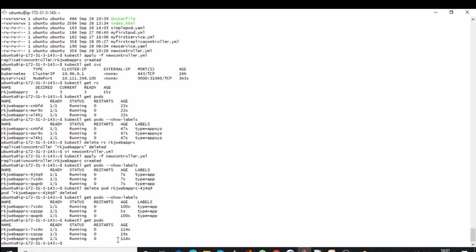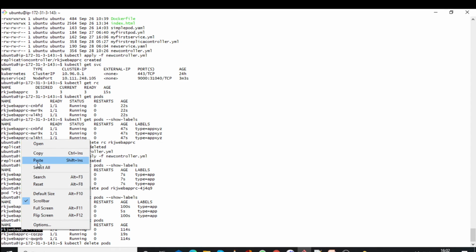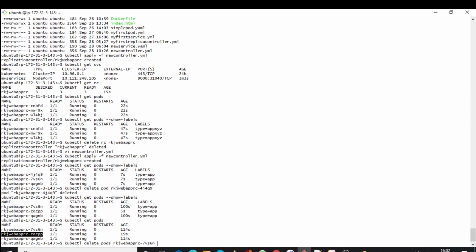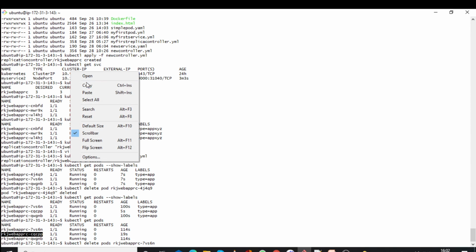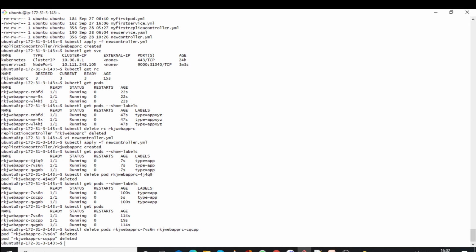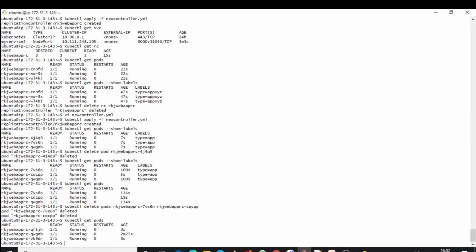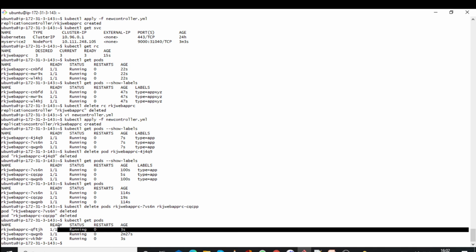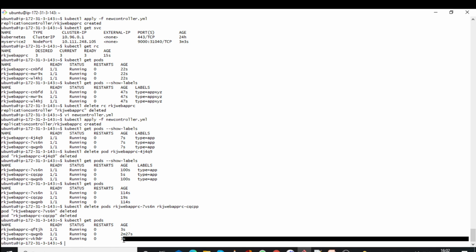Let me delete one more time. kubectl delete pods. Two pods I have deleted, right? You can see the age, it's showing 3 seconds. Just now 2 pods got created.